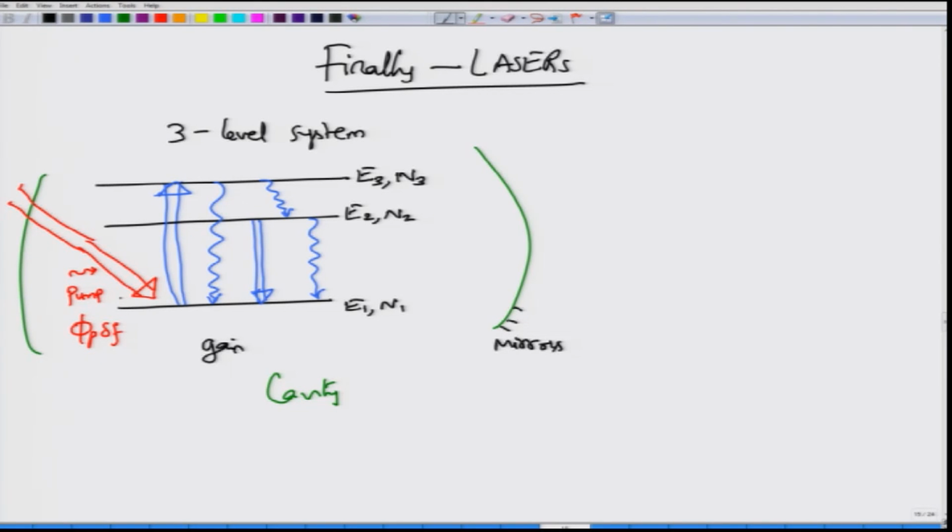And what does this pump do? This pump allows the atoms in the energy level E1 to get excited to energy level E3. Please note, this is very important. You are not sending in the pump of an energy such that it is going to get to E2. You are sending the energy such that you are giving it more energy, so that these atoms in the ground level do not go to E2, but directly jump up to the level E3.